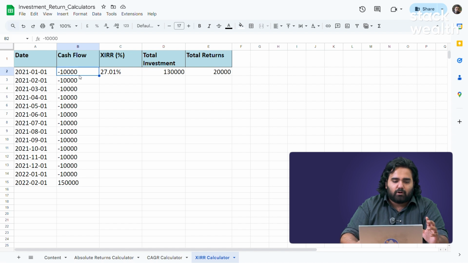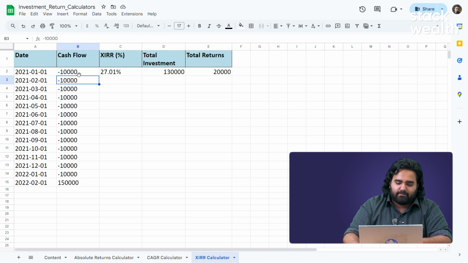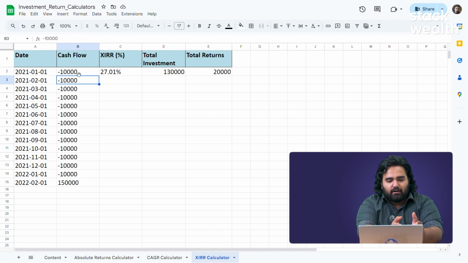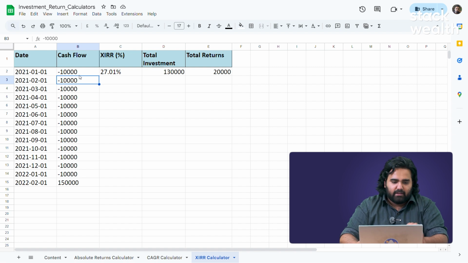Now let's try to understand what is the benefit of XIRR. Let's keep in mind our total investment right now is 1.3 lakh, and our XIRR is 27%. This is because of the way we have regularly invested 10,000 rupees every month. That is why. Now, what we're going to do is make sure that the total investment is still 1.3 lakh, but we're going to play around with the numbers a little bit,